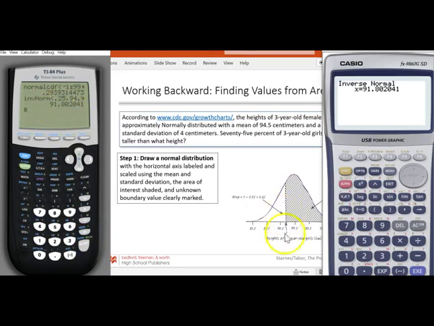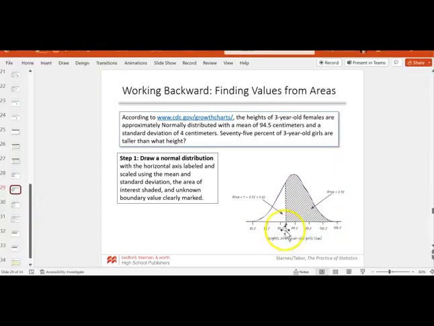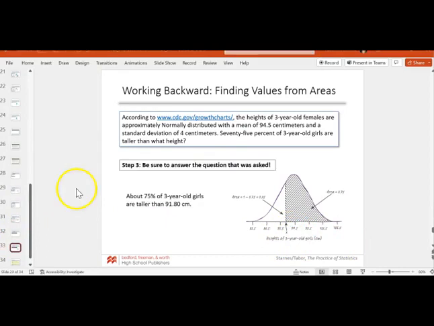All right, so what does that number tell me? Okay, it tells me what this x value right here is equal to, and that is the height. All right, the height, that was what we're looking for. So what is this answer in? The question asks 75% of 3-year-old girls are taller than what height? So we found that height, 91.8 centimeters. So our answer would be about 75% of 3-year-old girls are taller than 91.8